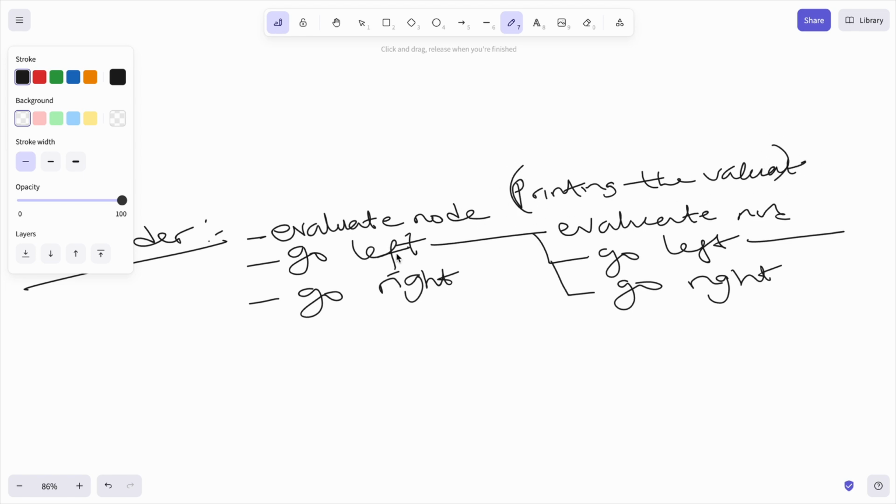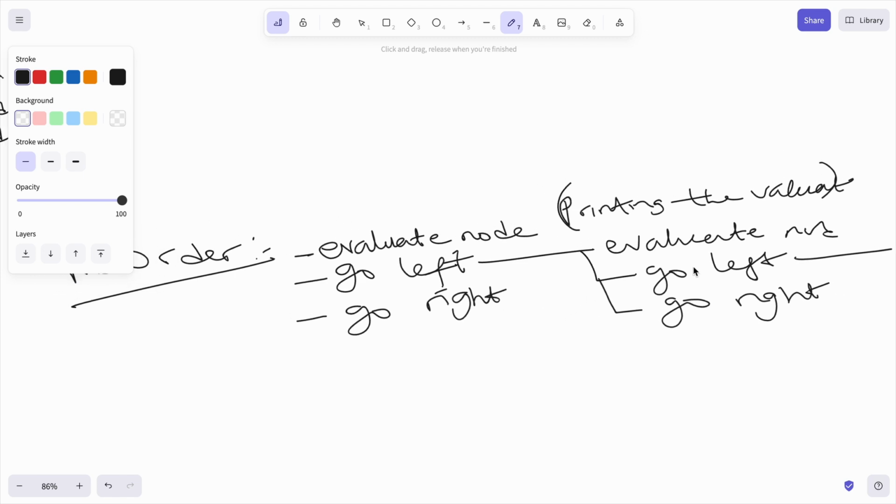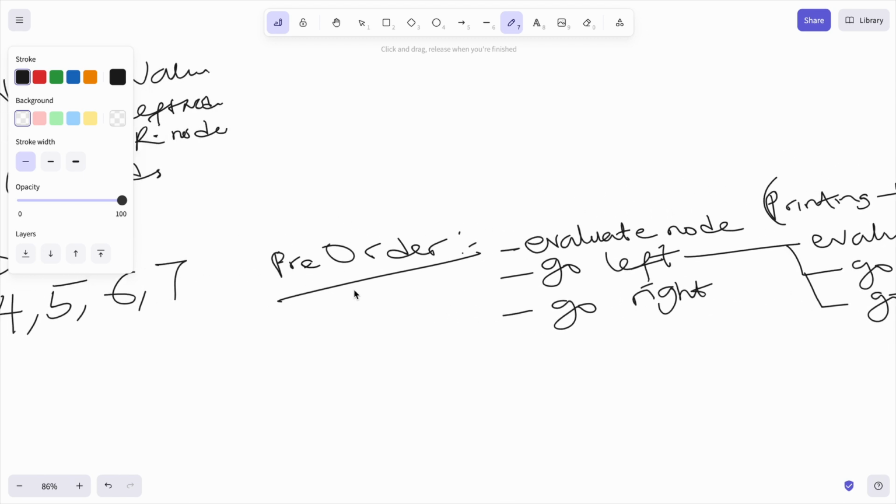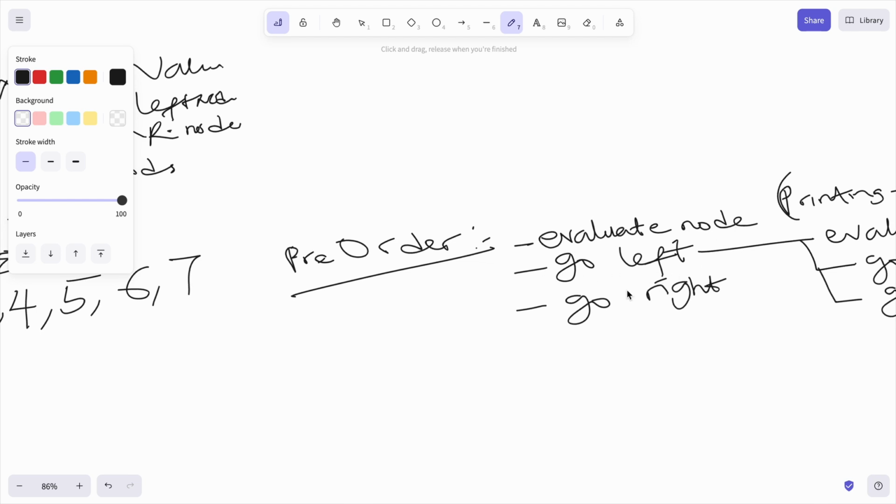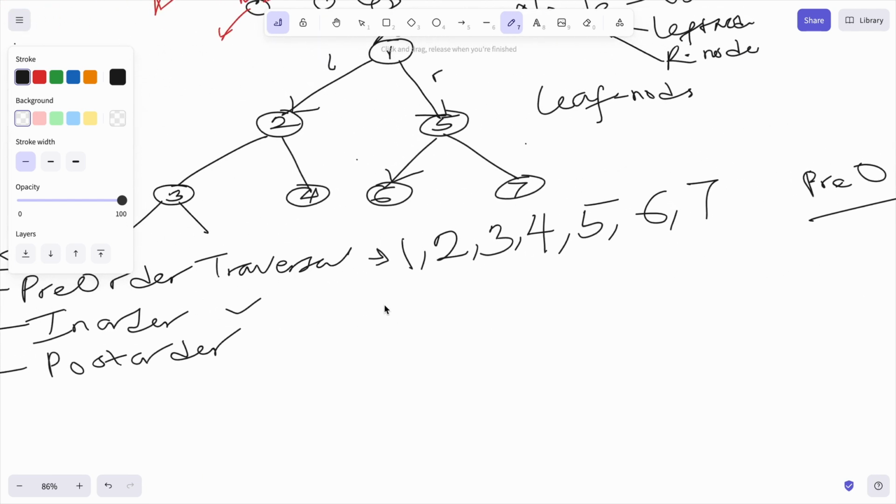So here we print out the value, we go left, we print out the value of left, then we see if left has a left, then we go to that left. If it doesn't, we can go right. Then we repeat the same thing. Once we are done exploring, we go back. So basically this was evaluate the node, go left and go right. However, when it comes to in-order traversal,